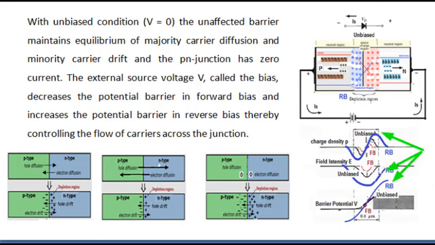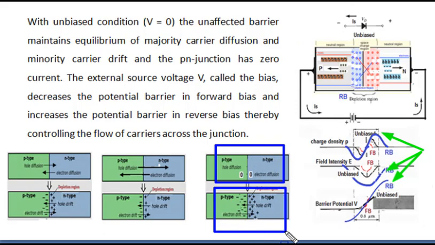In reverse bias, P side will be connected to the negative terminal and N side will be connected to the positive terminal. Hence majority carriers will move away from the depletion region. So the charge density and electric field intensity will increase in strength and width, as we can see in the blue diagram, and its enhanced barrier potential results in increased barrier potential. By that, diffusion of majority carriers becomes zero. So drift current will become the resultant reverse current, although it's very small in value.